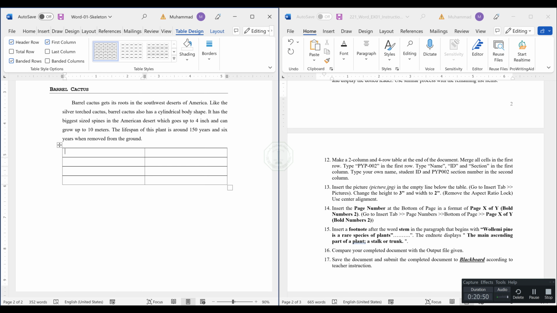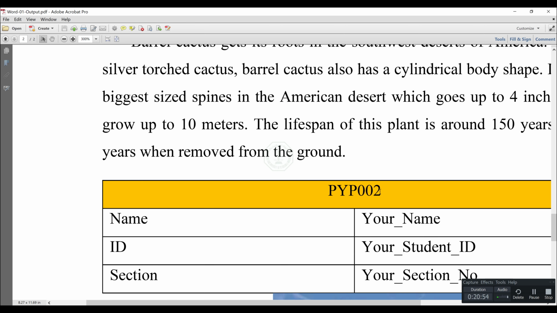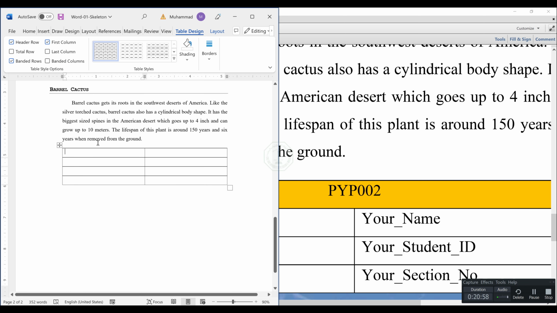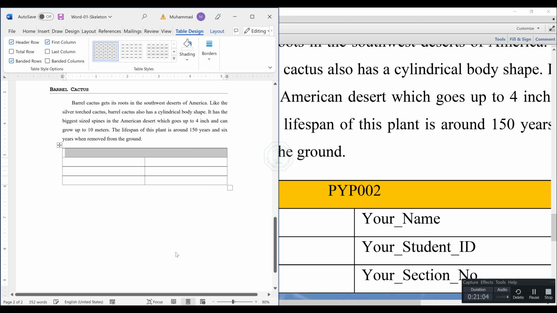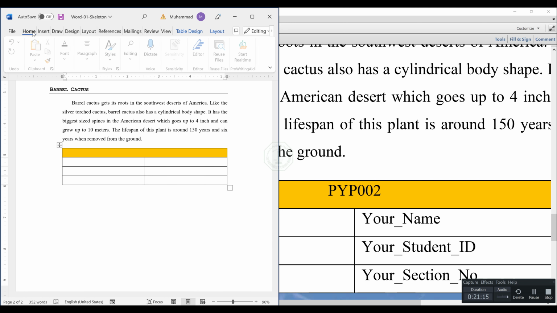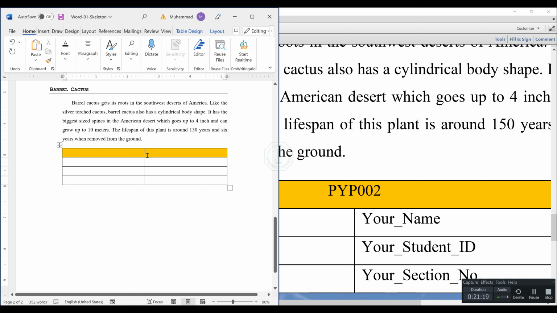If you notice the output, you will see here in the table the first two cells are merged together, they are combined together. To do that, I can just select these two cells, right click, and choose the option of merge cells. So they are combined into a single cell. Then I can change their background color from the table design. I can change the background color to orange, and from the home tab I can change the alignment to center, where I will type my information here,